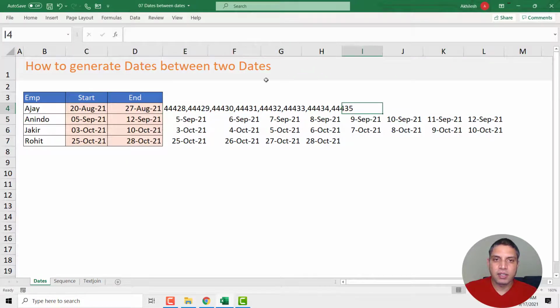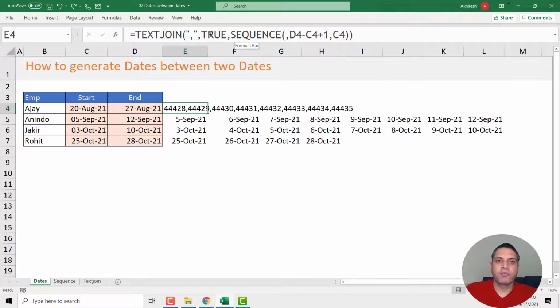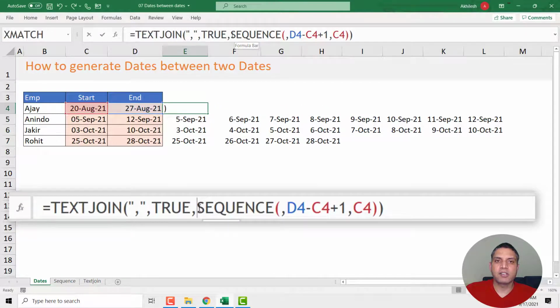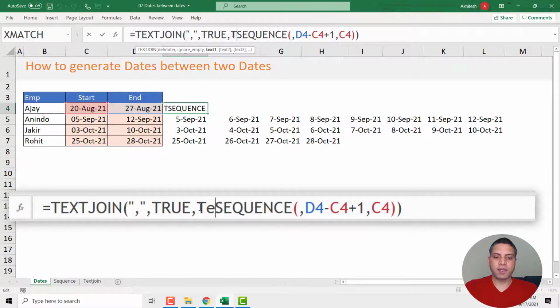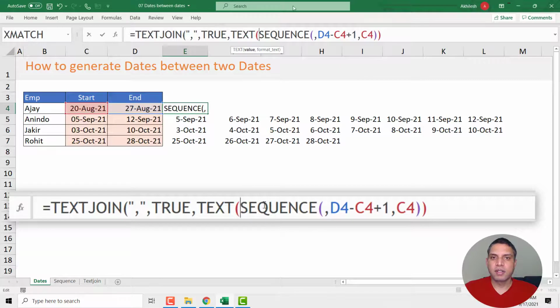They're all empty. So the only thing is, before joining, after the sequence function, I should put them in text format. So I will use the TEXT function and take these values, and then the format I want is double quote, DD, MMM and YY.